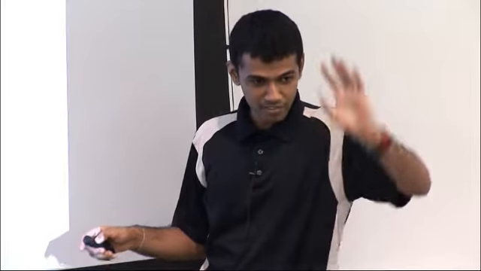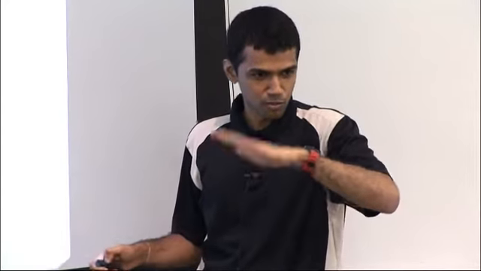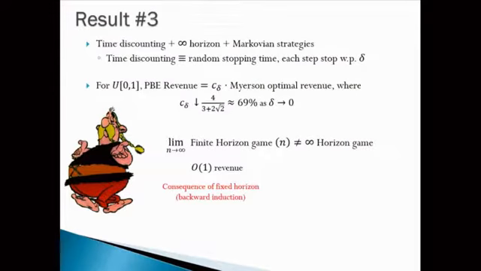The left was not discounted. No, even in the discounted, I didn't say about that, but even if you discount the previous results, the two results I pointed to, previous Hart and Tirole and Schmidt, they show even with discounting, you get the same result, that for the first n minus constant rounds, you post a price of L, and then in the last few rounds something exciting happens, that's it. Okay, so you get a constant revenue. This is a consequence of fixed horizon and backwards induction, but random horizon is more natural. Okay, there's no backwards induction effect here.